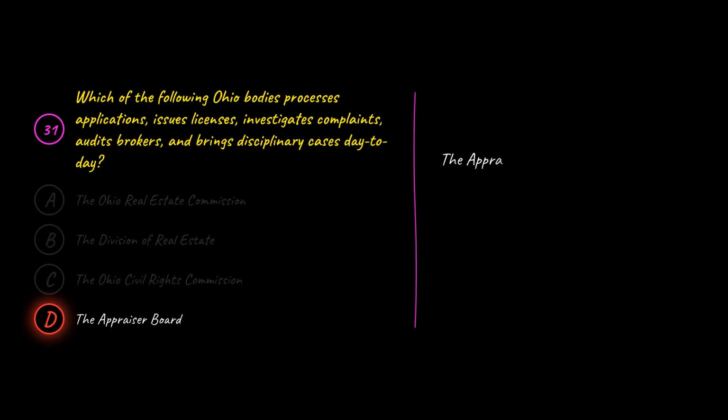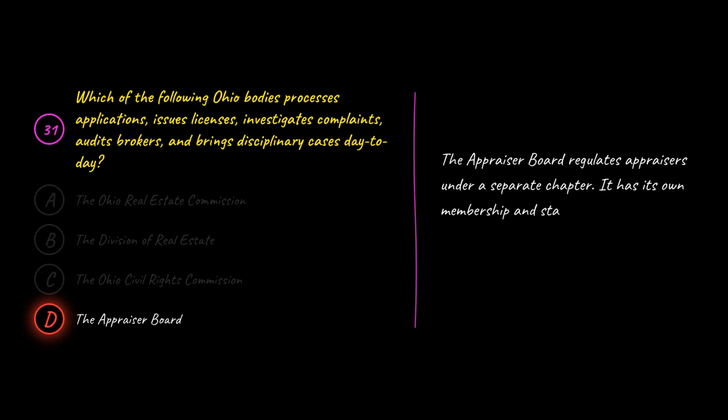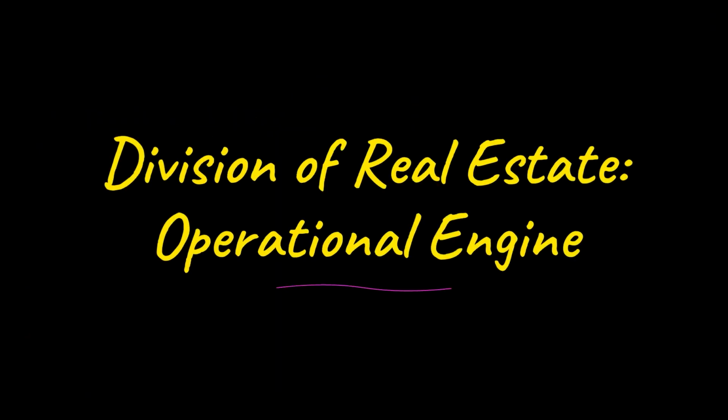D is wrong because the Appraiser Board regulates appraisers under a separate chapter. It has its own membership and standards and plays no part in licensing or disciplining real estate brokers and salespersons. Ohio's real estate regulatory system has several bodies, but one does the daily hands-on work, the Division of Real Estate and Professional Licensing. Understanding what the division actually does and how it differs from the other bodies is the key